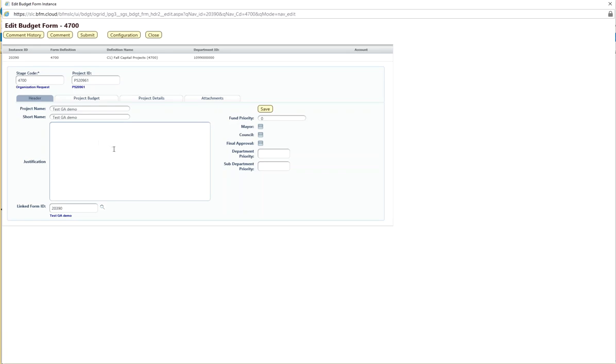This should look familiar to some. This is the header of this capital project form. Again, project ID 520961, a system generated project ID. You can enter more of a justification if needed. It's a keyed in field,